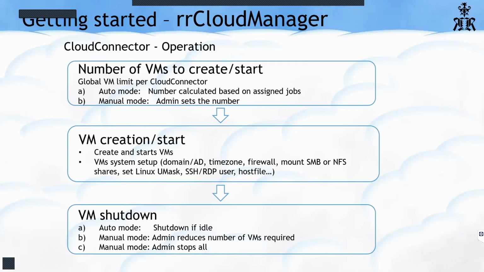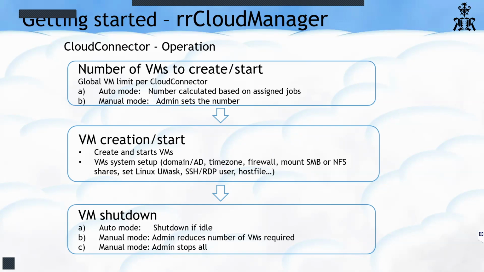You are the admin, you set the number of machines to create or start. And then when you want to render a job, machines are going to be created or started. And if you are starting them the first time, or you change anything in the configuration, our companion app, which